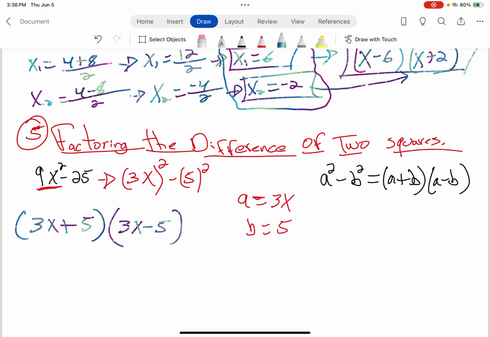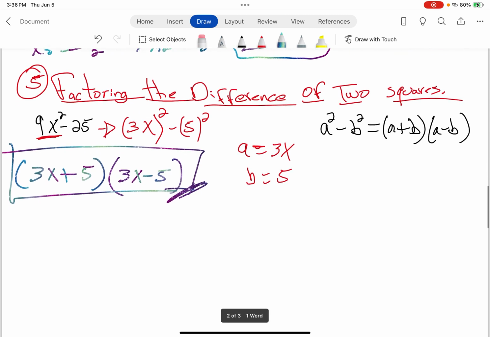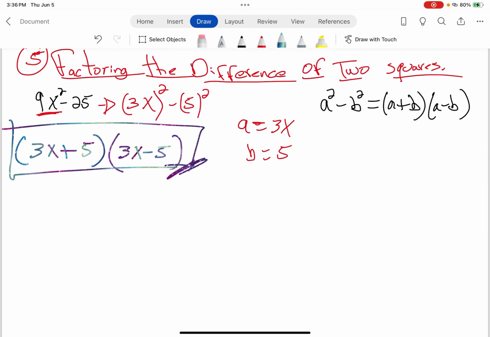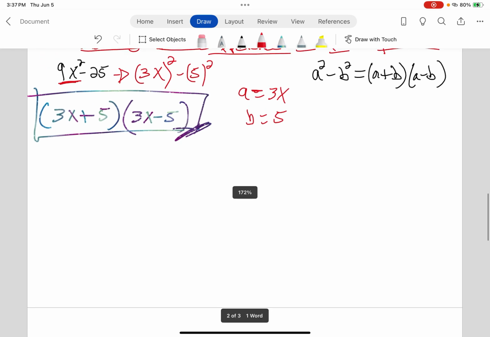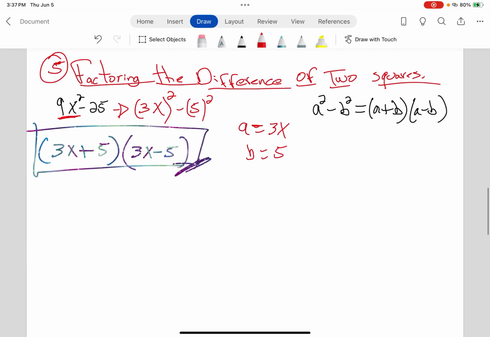So now I got the answer. This is the answer for this one. This is a cool method. I like this method. And then I will continue with another method, which is like a combination of the other methods. This is cool also. So here I got, let me call this method number 6, and this is factoring